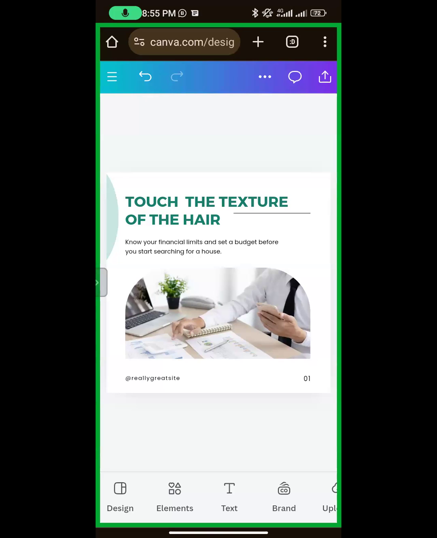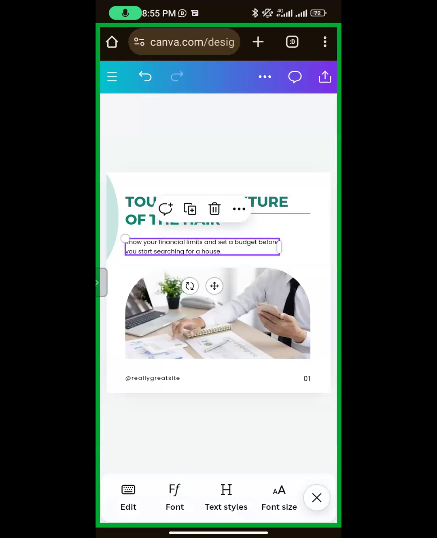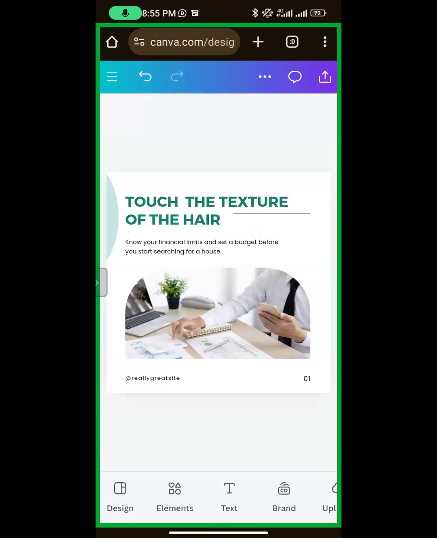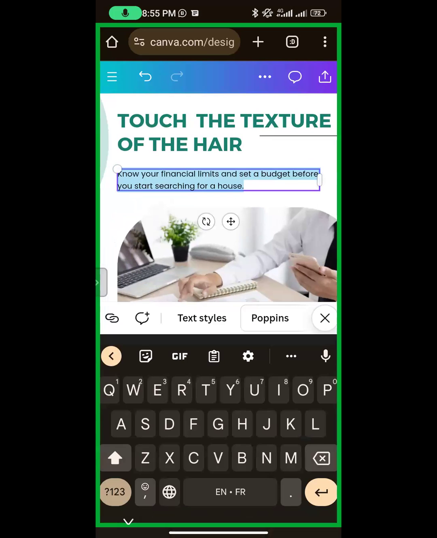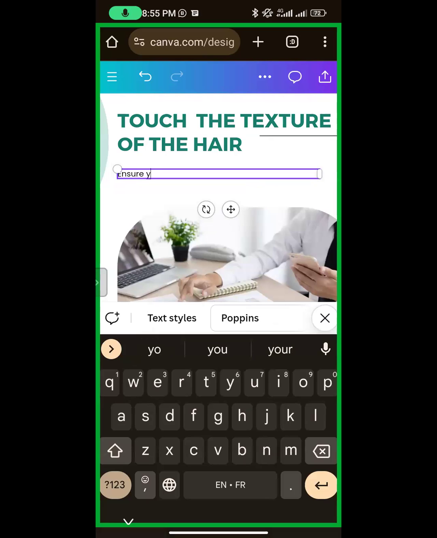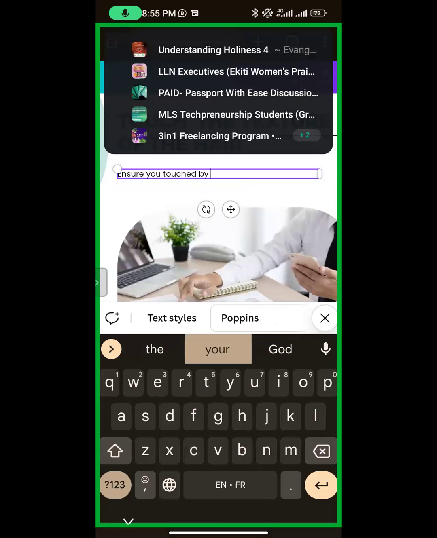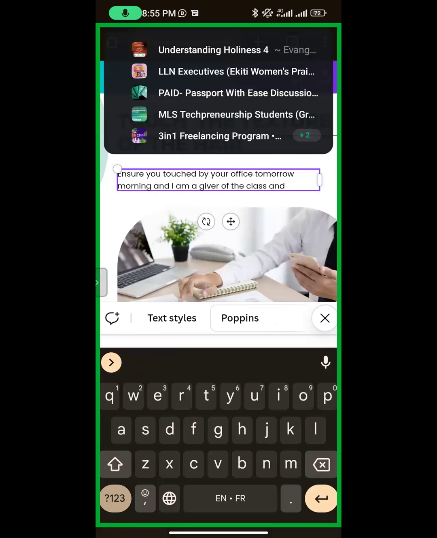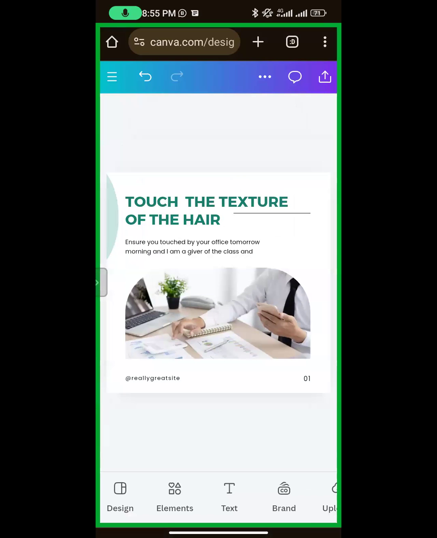Touch the texture of the hair. Okay, for example, then you now edit this one. So this is also a sub write-up. This one now you don't need to edit anything. Just come and erase what was there and type your own. So touch the texture of the hair. Ensure you touch the texture, and the rest, whatever is there. Okay, let's not waste our time. So that is it. I was trying to explain further what this touch the texture of the hair